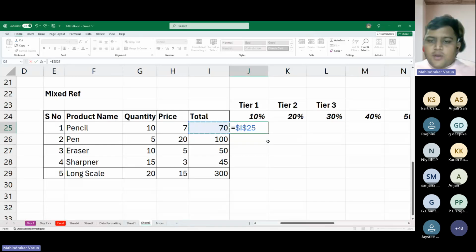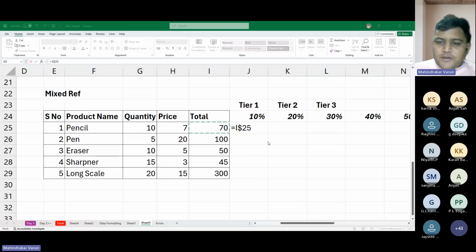Now, you need to learn one logic. If I press F4 one time, it locks. I'll tell you the main logic; if I tell two logics at a time, it will be much more confusing. So please understand, if you press F4 one time, it is locking a cell. Now, we have total in columns. You can see if I press F4 one more time, where is the dollar symbol